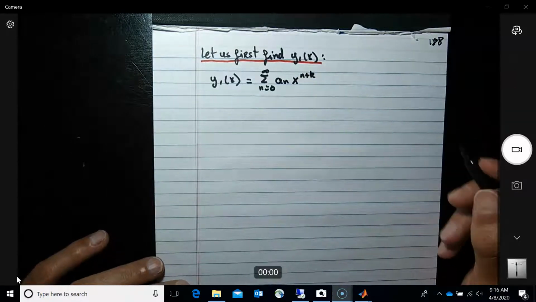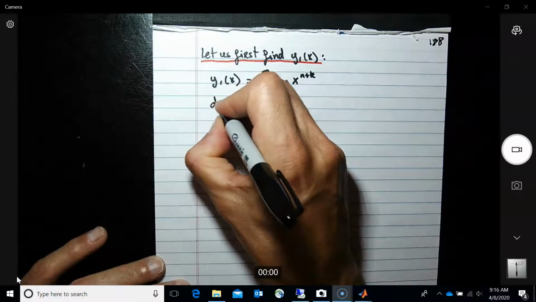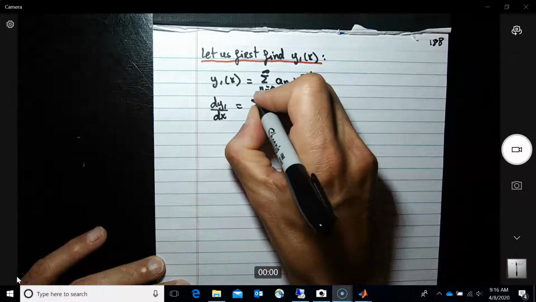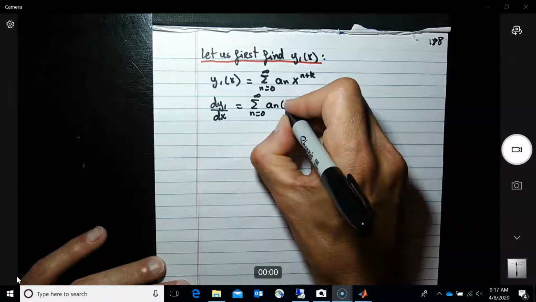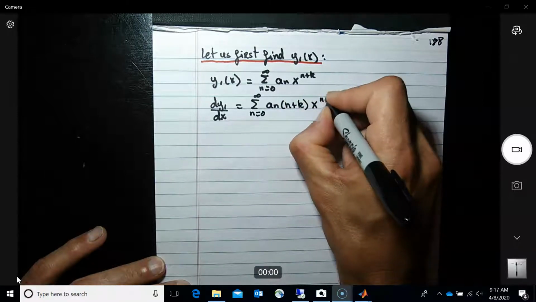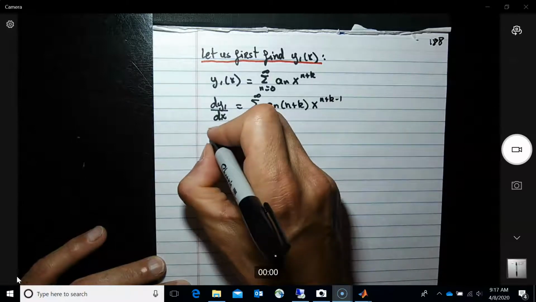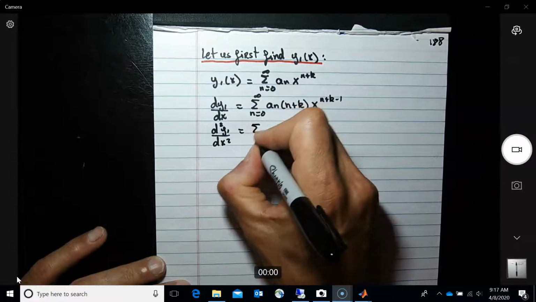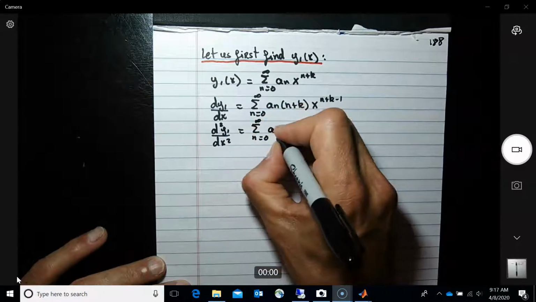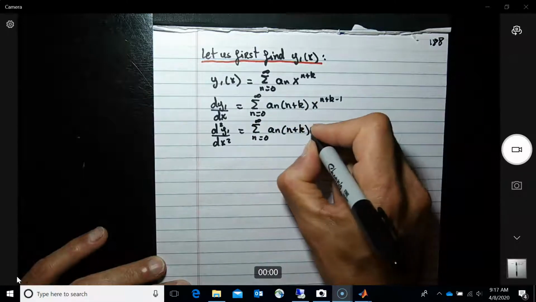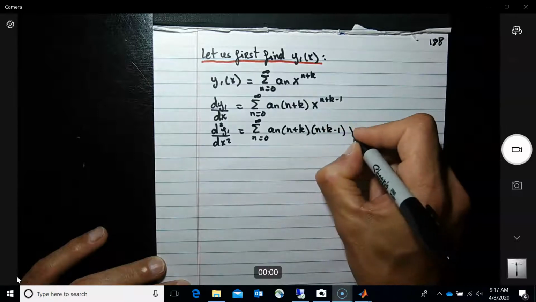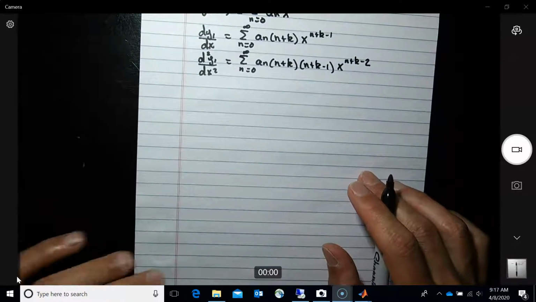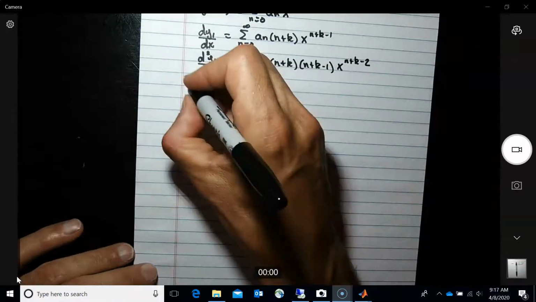So this is going to be pretty repetitive, so dy1/dx equals the summation n equal to 0 to infinity a sub n times (n plus k) x to the n plus k minus 1, and the second derivative will be the summation n equal to 0 to infinity a sub n times (n plus k)(n plus k minus 1) x to the n plus k minus 2. Okay? Alright, so now we substitute